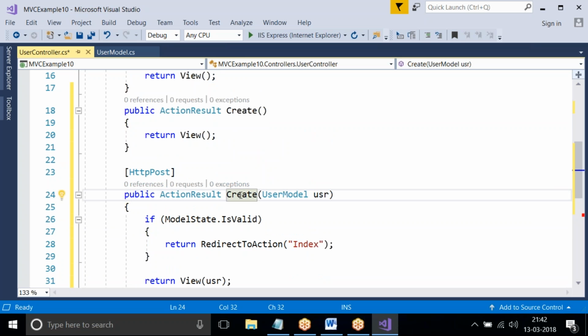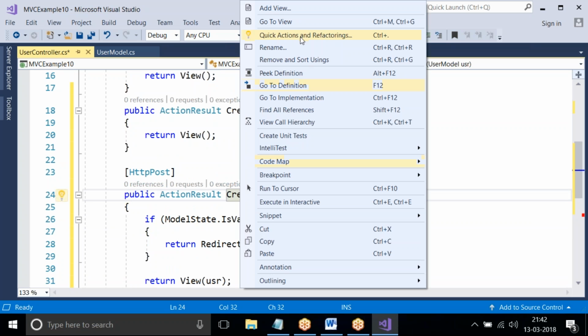So here right click on this Create, add view.